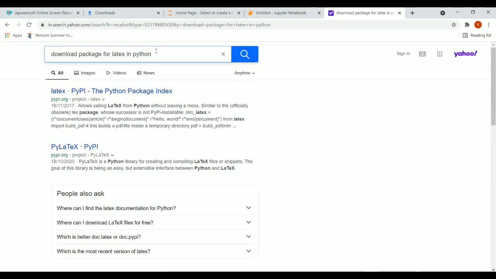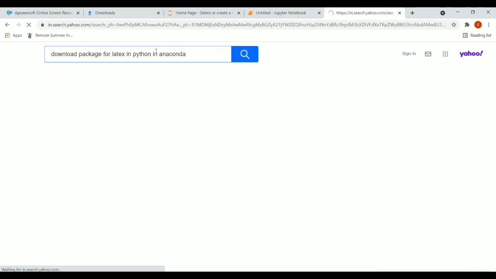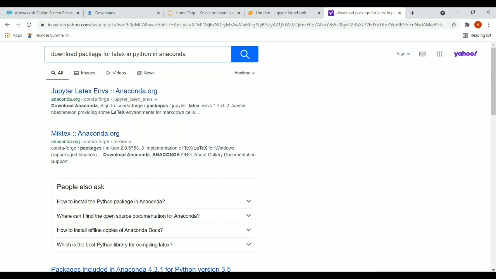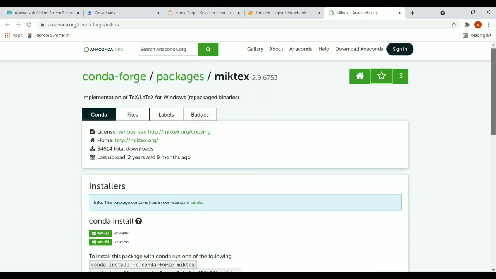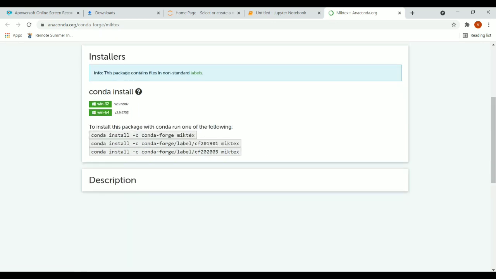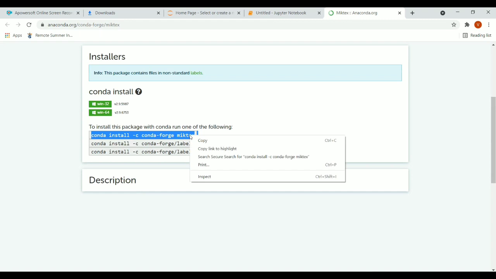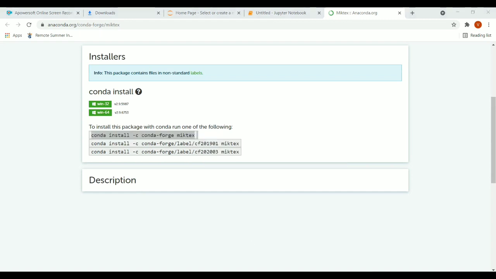LaTeX is a language used when you are writing a research paper, and if I want to download a package, for example MiKTeX, which is one of the packages, I want to download that package in Anaconda. This is the command given here. So how will I download this command?